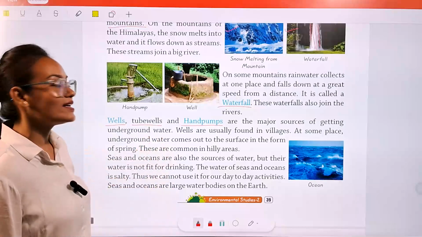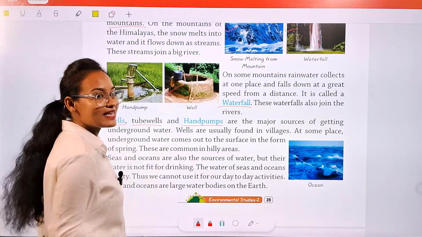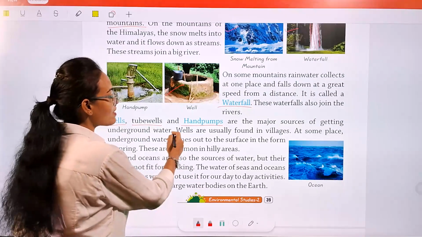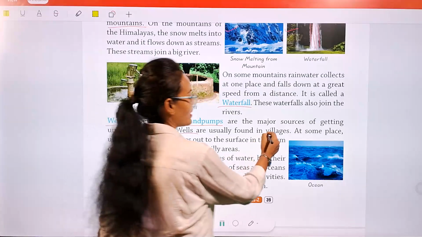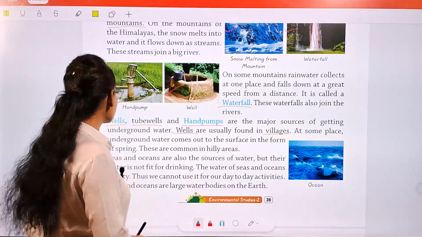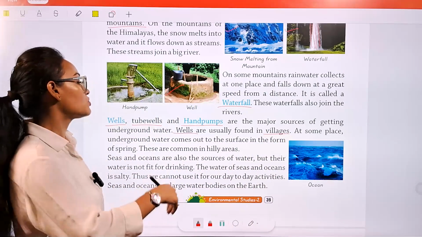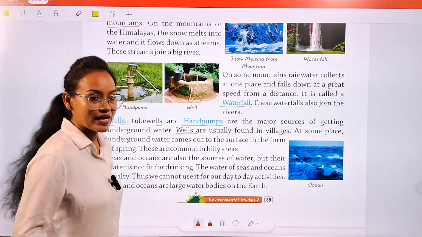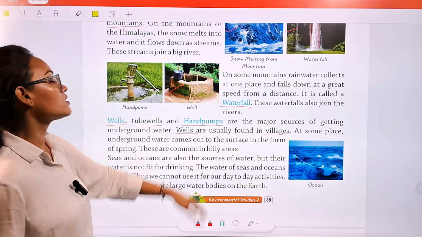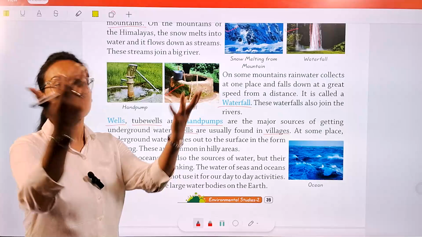गांव में कुआं होता है, ये देख रहे हो, this is the picture of a well, ठीक है, ये क्या होता है? कुआं है, ठीक है। तो कुआं आपको स्पेशली कहाँ मिलेगा? गांव साइड में मिलेगा, ठीक है, villages में मिलेगा। At some places underground water comes out to the surface in the form of spring। कहीं कहीं क्या होता है, जो अंडर वाटर पानी होती है वो बाहर आ जाती है।